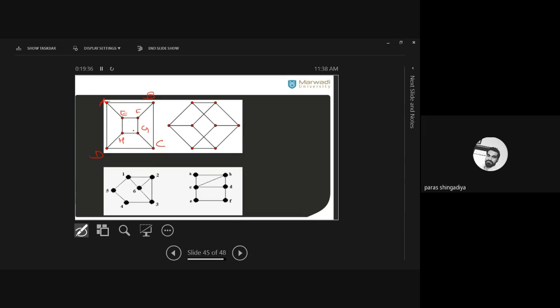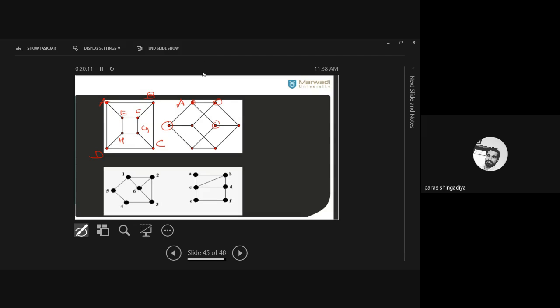Clear? So we'll consider such a place in this second graph whose degree should be 3 and it should be adjacent with 3 more vertices. The degree also should be 3. Up to this you have to verify and then after that mention the notation. ठीक है? वहां तक आपको पहले verify करना. Is it clear? Okay. So let's consider any of the places as A dash. This vertex is adjacent with this one, this vertex, and this vertex.